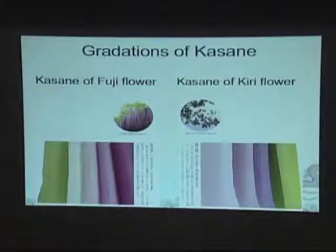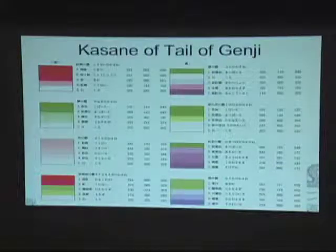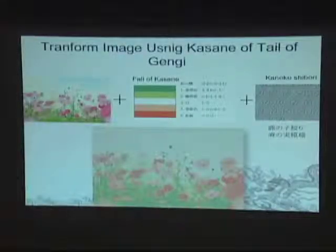On the right-hand side there is a flower called kiri, and this is the kasane, or combination of colors, for kiri. On the left-hand side you can see another flower called fuji. Those colors should be utilized in order to create this particular kasane. There are different types of kasane appearing in the Tales of Genji. As this is an ordinary picture,